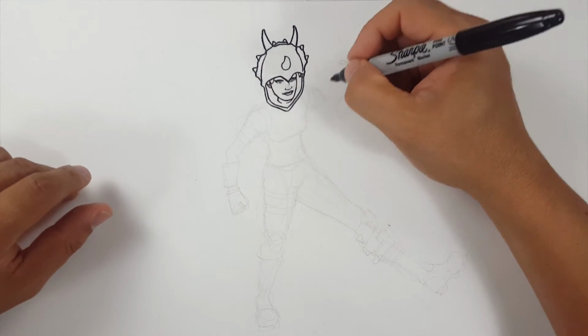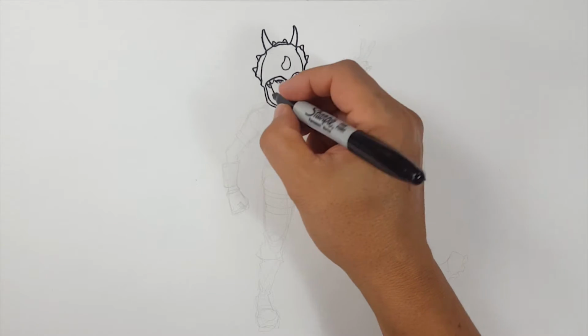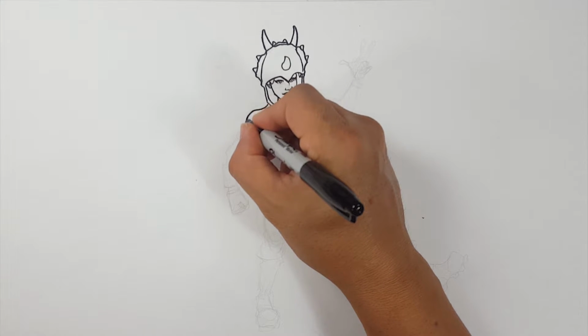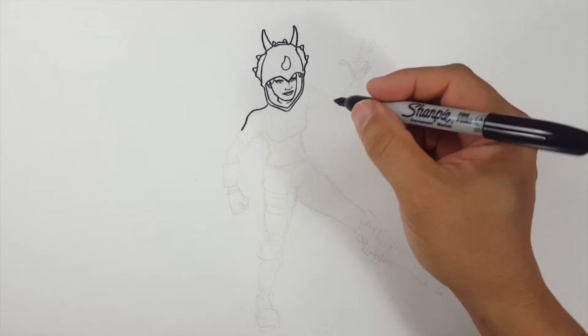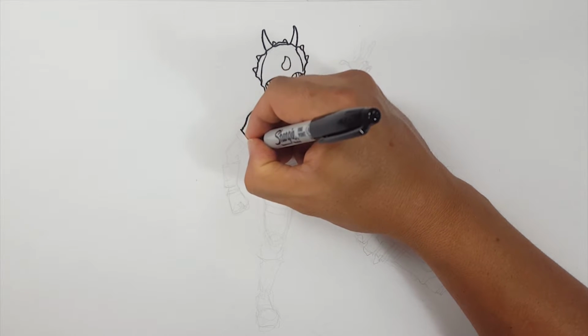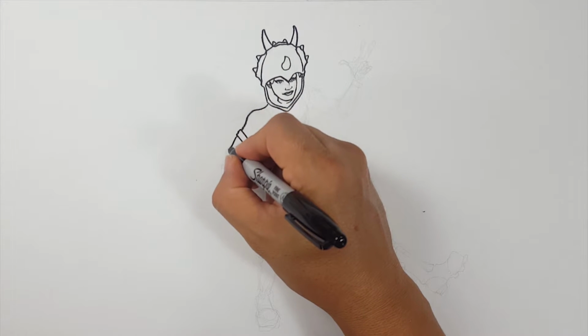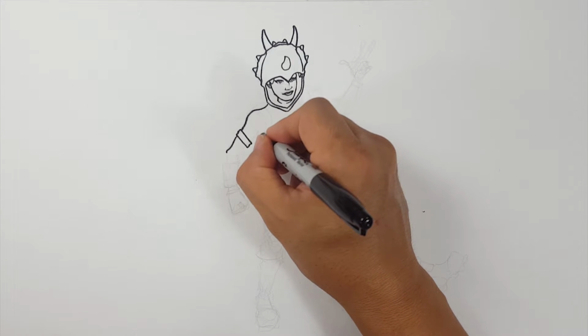So, I'm going to draw this shoulder up and then this one down. So I'm going to go ahead and do this one down since it's already here. And we're just going to basically draw the shoulder. And I'm going to stop right there because that's where her little armband is going to be. And that's a good start-stop point is basically what that is. So I'm going to draw that little armband, then continue with the arm to the elbow, and let's do the rest of the arm. We're going to come in like this